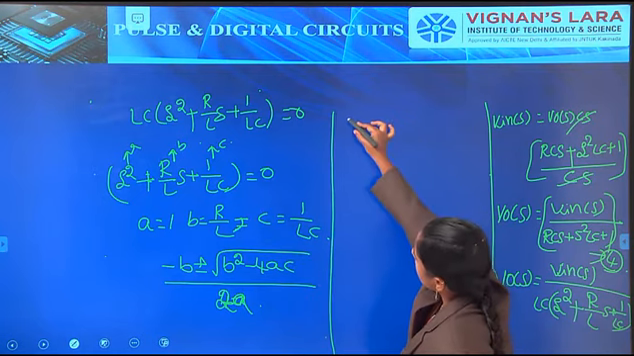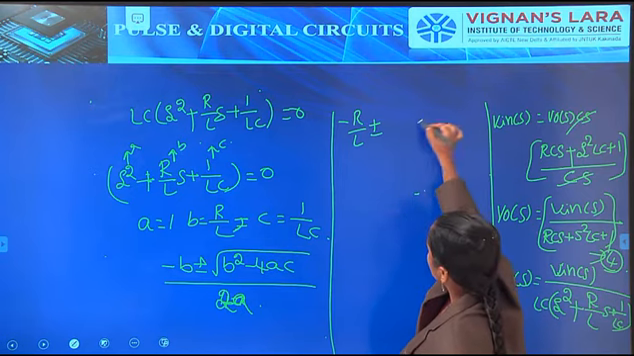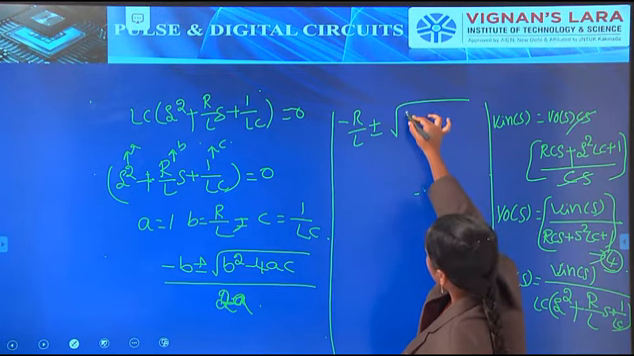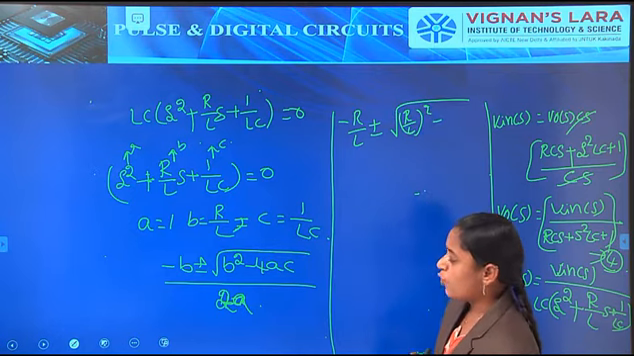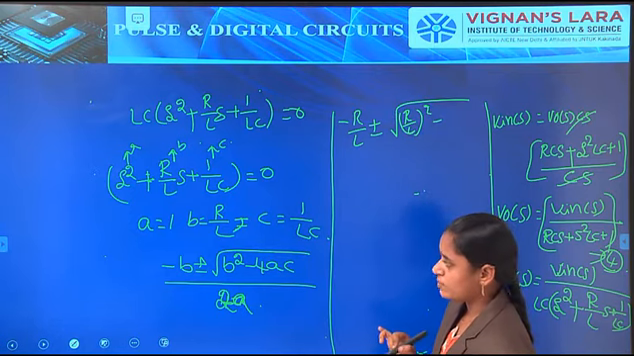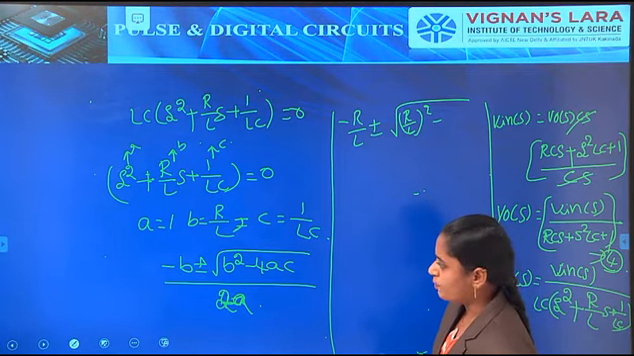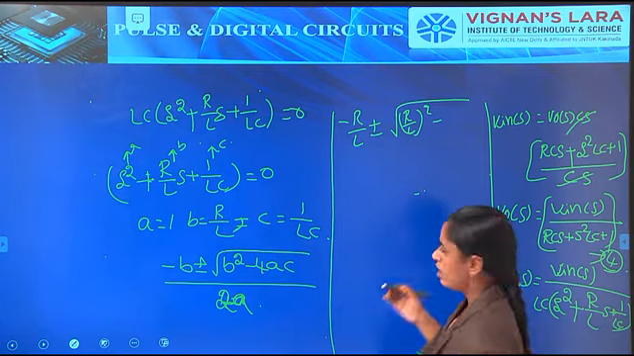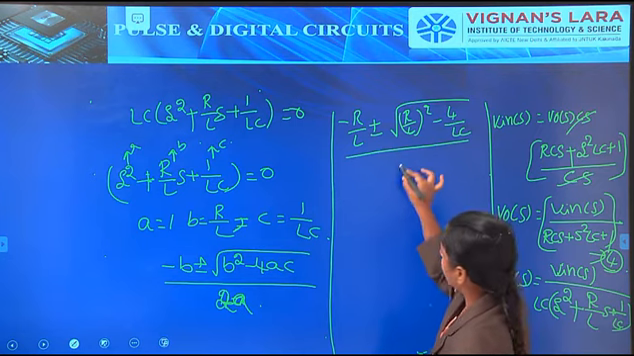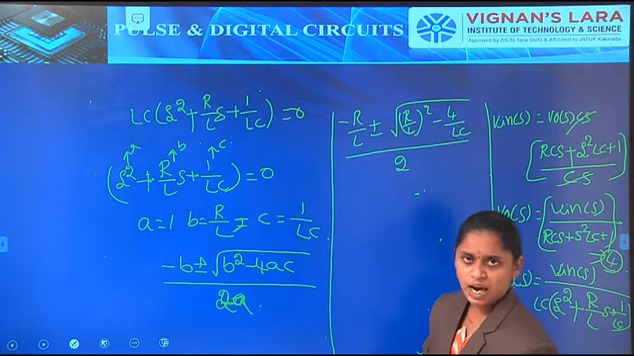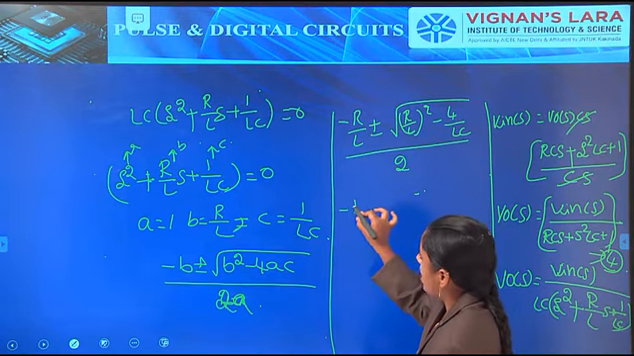b? That is -R/L ± √(b²), nothing but (R/L)², minus 4ac. What is a? a is nothing but 1, so 4 into 1, and c is nothing but 1/LC. So that is 4/LC, divided by 2a, which is nothing but 2. So we just have to shift the 2 to the denominator side, and the equation will be written like this, that is -R/